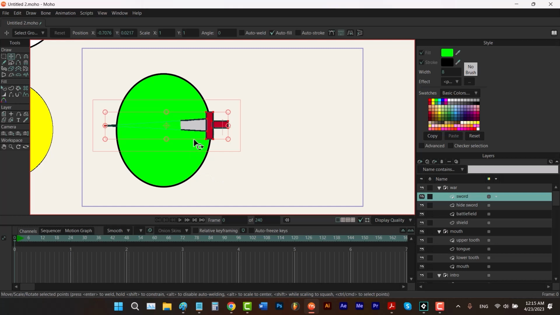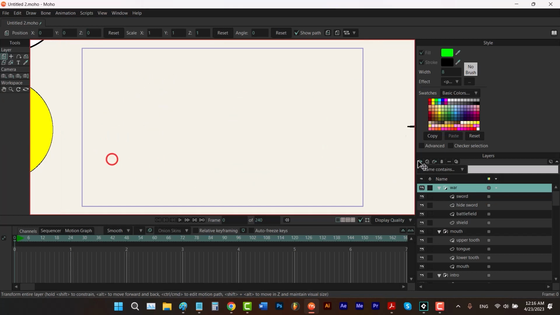And you can use this trick to show that a shape has gone through another. Let me select this group and move it to the left. One important thing about this one was that you have to be careful if a shape has the plus icon or the minus icon. Moho is gonna read them from the bottom to the top. So in this sword example, it first added the battlefield mask, then it subtracted the hide sword from it, and then it decided where it's gonna show this sword.